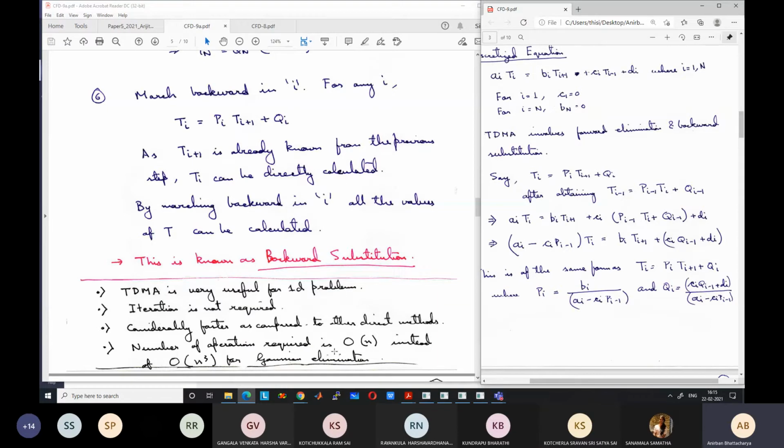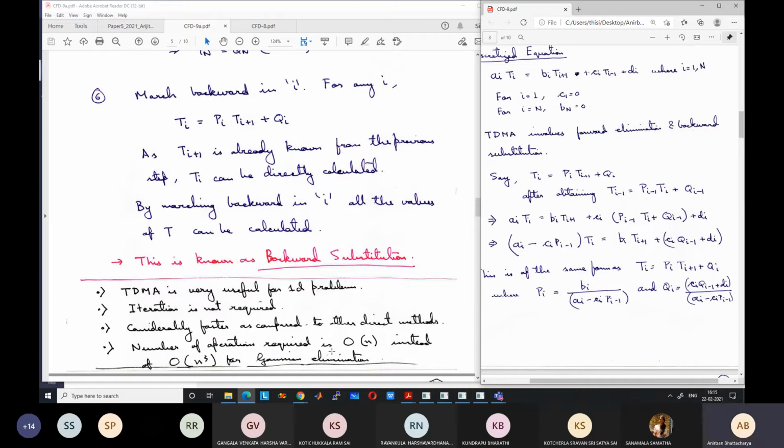In other methods such as Gaussian elimination or other types of matrix inversion methods, which have been developed for general matrices, which are not tri-diagonal, the number of operations is proportional to n to the power 3, n cube. But in this case, the number of operations is proportional to n. It is not exactly equal to n, it is of the order of n. So say for 100 grid points, if I have 500 operations,